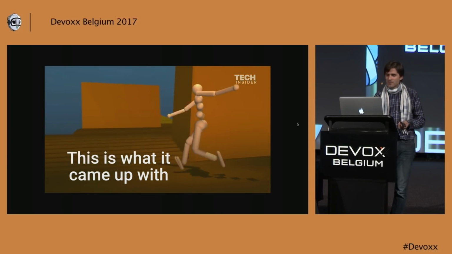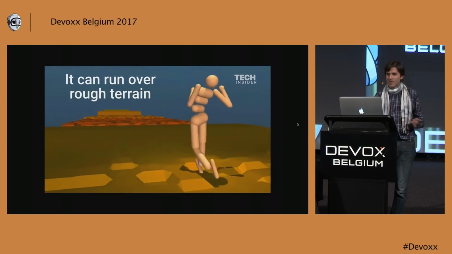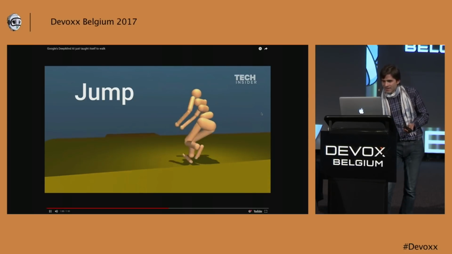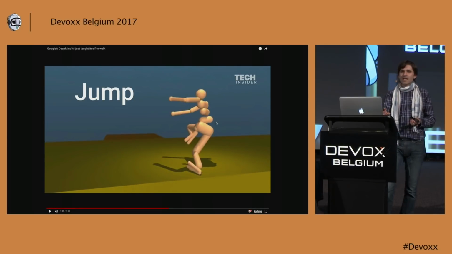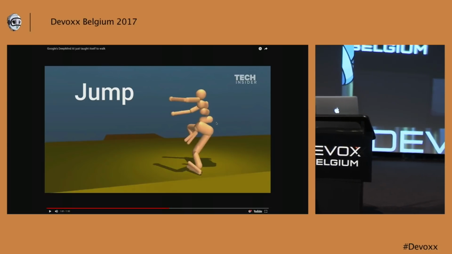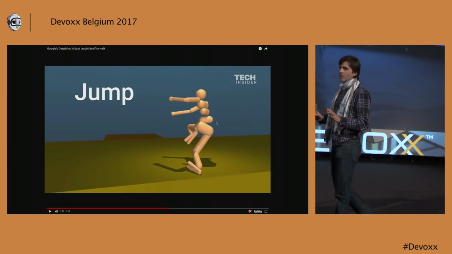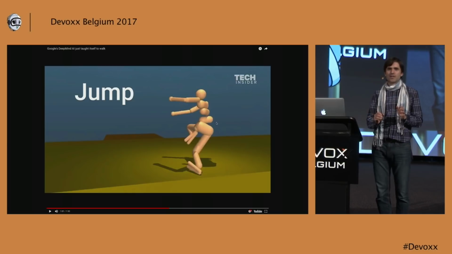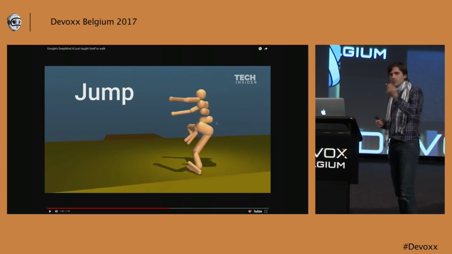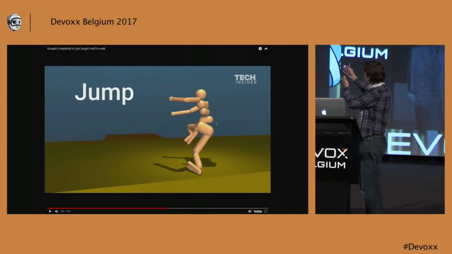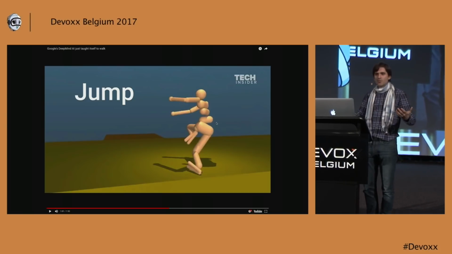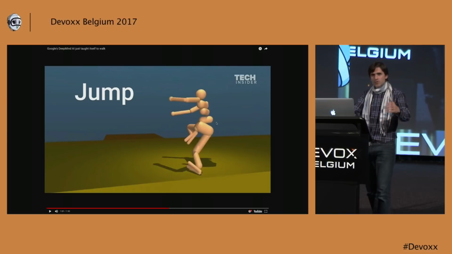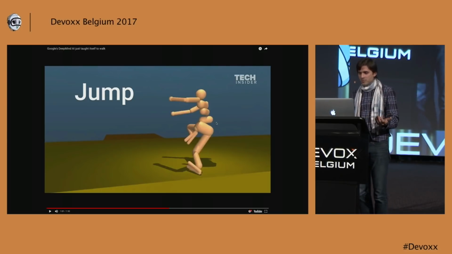This is where it tries to do an obstacle race over rough terrain as well. And this is amazing, I think. Have you seen this jump? None of this was programmed. It had no information whatsoever apart from the physics of the skeleton and the fact that it will receive a ding on the head if it falls. And from just that information, using reinforcement learning, you have a complex behavior like this fantastic jump where it uses its arm to gain momentum, then stretches out, then cushions the fall at the other end of the jump.